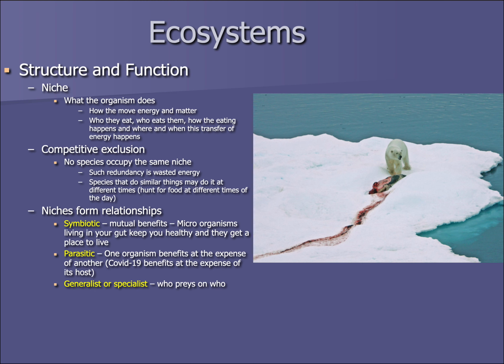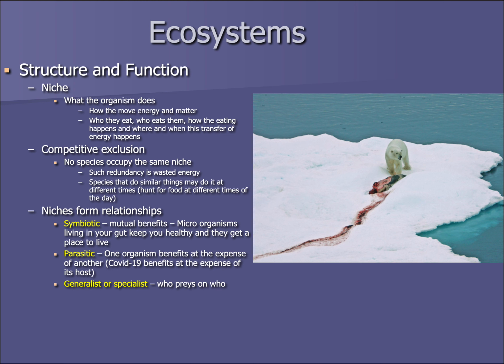From those niches, then, we can have three different types of relationships that develop. A symbiotic relationship where both organisms benefit. That could be like lampreys on pilotfish, where the lamprey is basically eating all the parasites off of its fish, and so it gets sort of a free ride. It sort of hangs out with the fish that it's feeding parasites off of, and the fish that it's hanging out with doesn't mind, because basically it's keeping him healthy. So that's a symbiotic relationship.